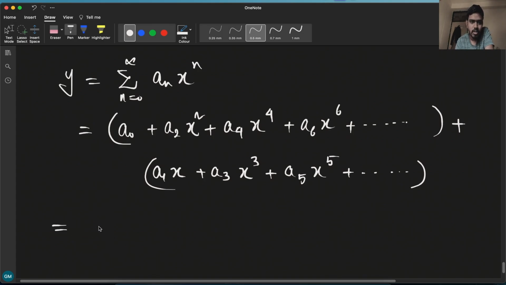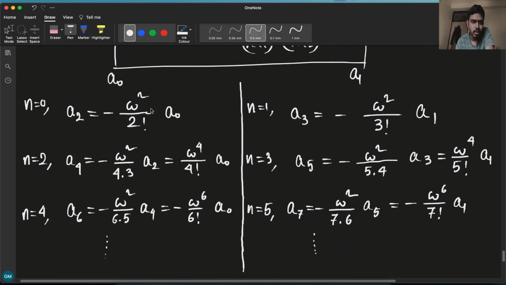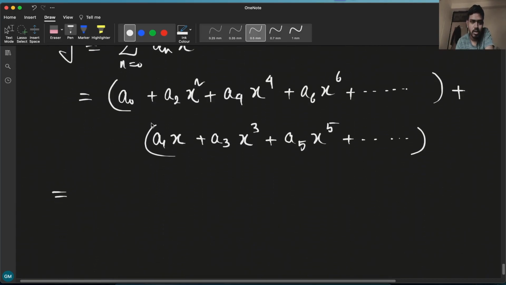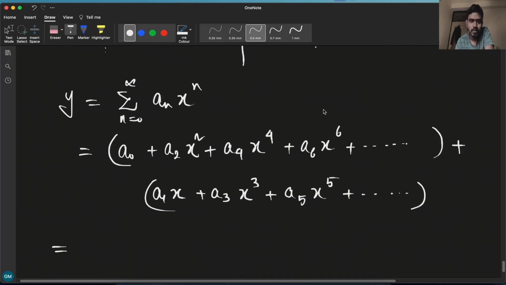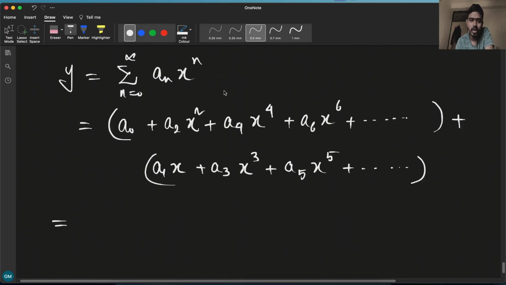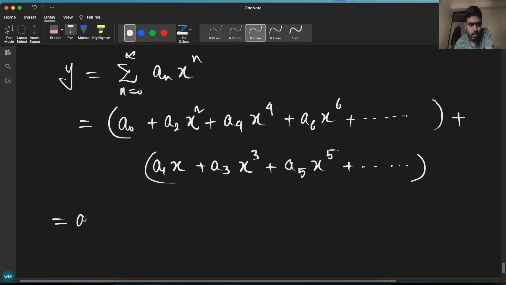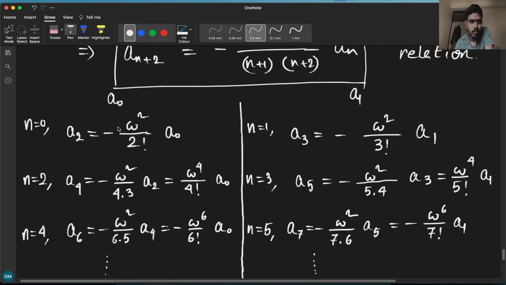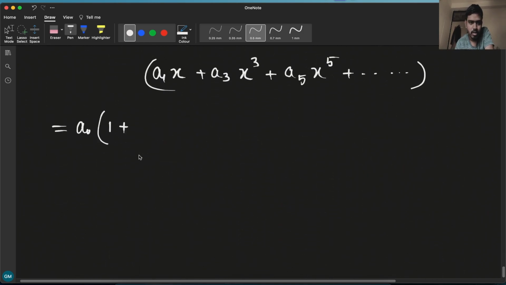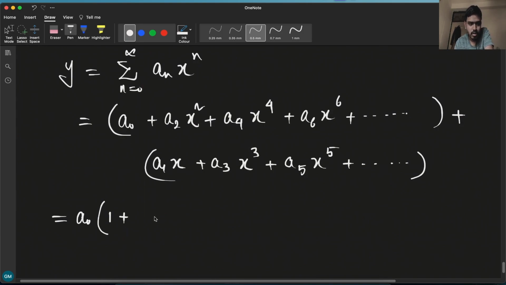And now what we know is basically a2 is minus omega square by 2 factorial times a0. So every even term we can see there is a multiplication factor of a0. So I can take this a0 common outside. Then for the first term we have 1 plus a2, which is nothing but minus omega square by 2 factorial times a0, but a0 I have put outside. So it will be minus omega square and there is x square, so it will be minus (omega x) whole square by 2 factorial